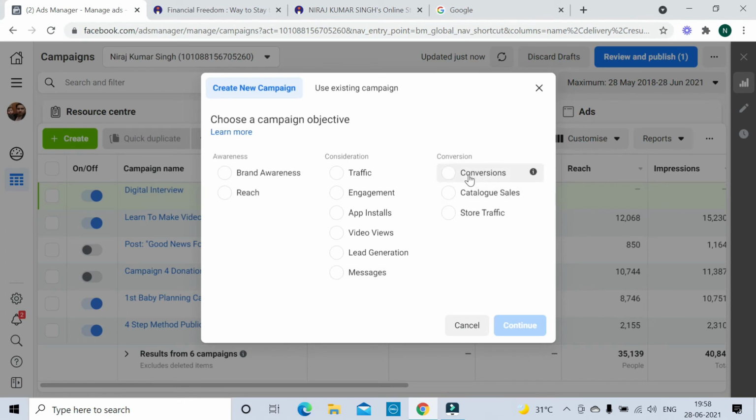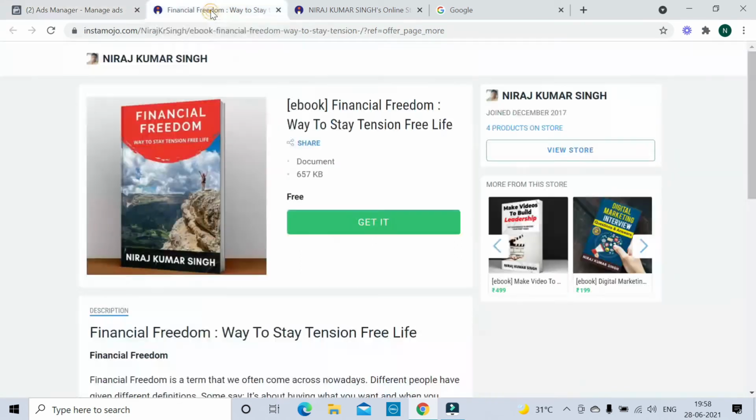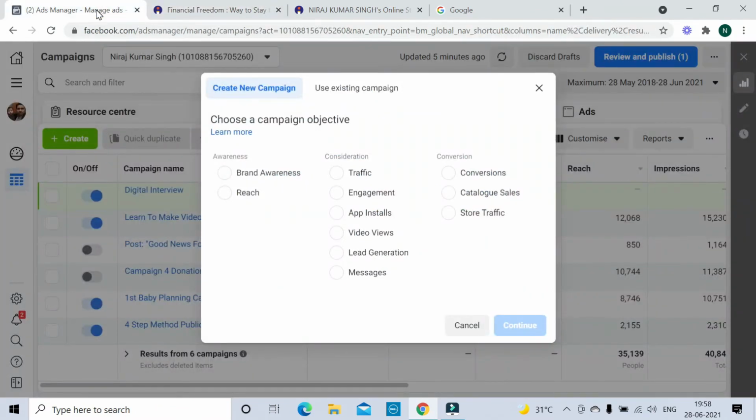And the next is conversions. Yes, conversions means suppose you are targeting this page, and once they make a payment they reach another page. Okay. If this type of thing happens, then it's called a conversion. So Facebook will track whether that person made a payment or not.